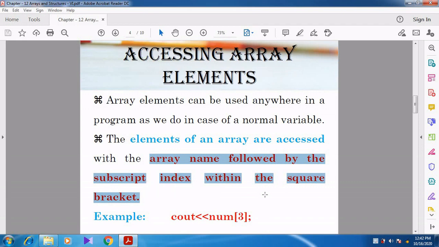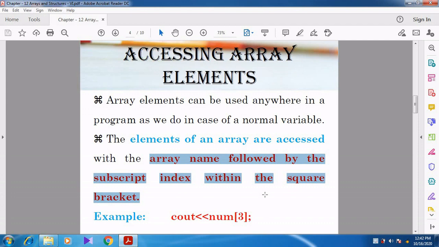So we give the array name first, and then within the square brackets we mention the subscript or index number.